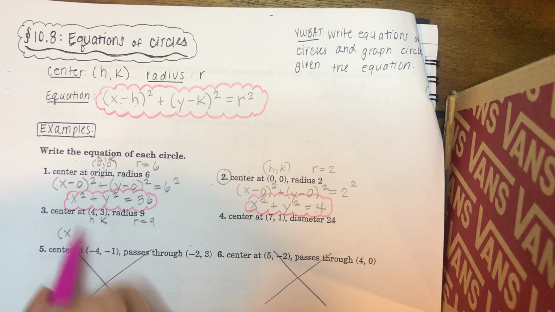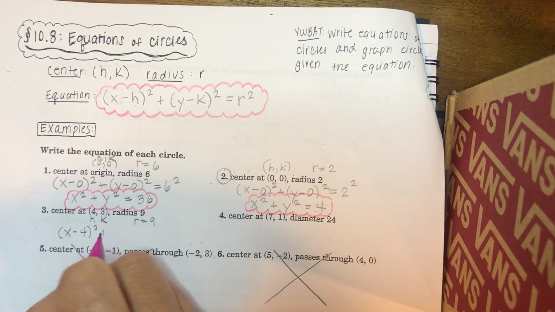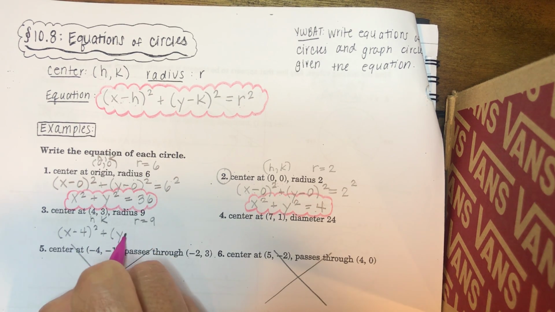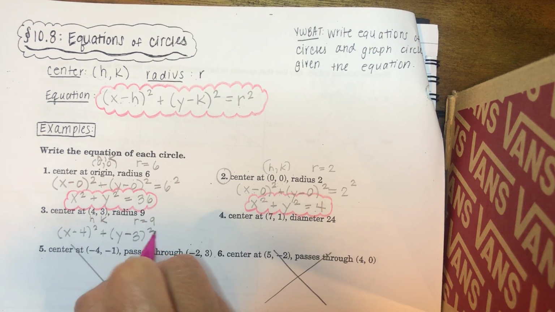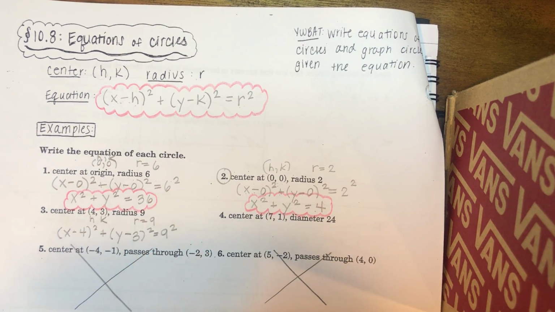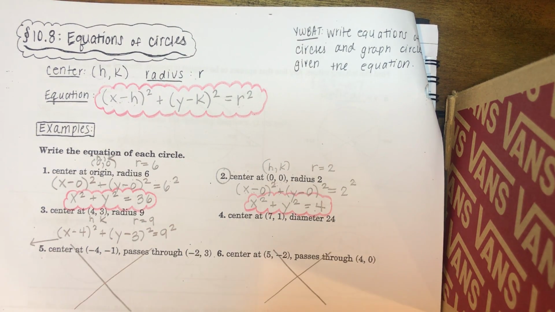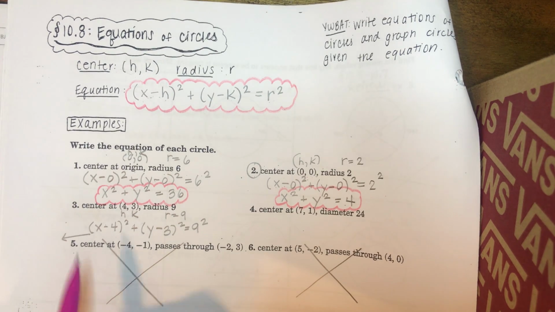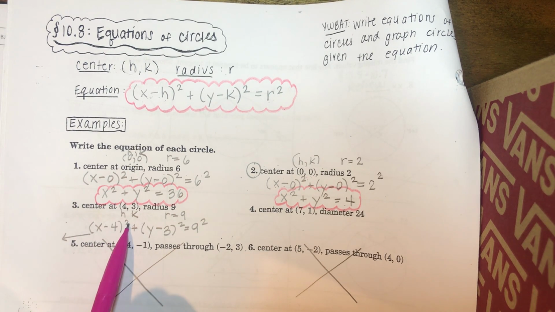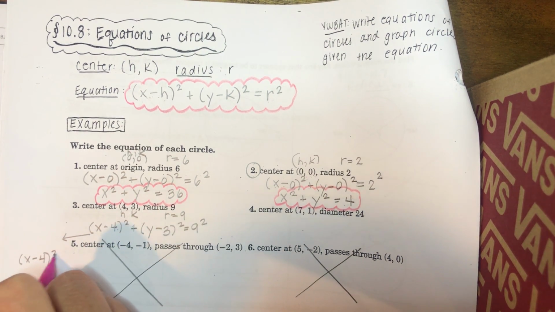x minus 4 squared plus y minus 3 squared equals 9 squared. All right, for lack of space here, I'm going to simplify it over to the left a little bit. All right, let's make sure I can see that. So x minus 4 squared, can you do x minus 4? You can't,